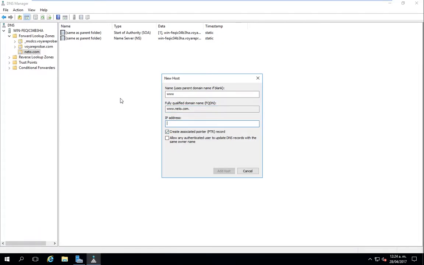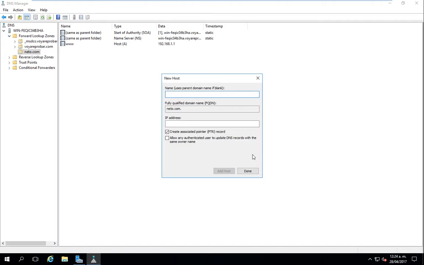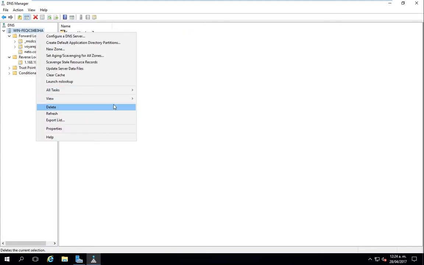And in here I will type the server address, which is 192.168.1.1, and then I will click on add host. So it was successfully created, and if I go to reverse lookup zones, I created a new pointer for the forward lookup zone. So I will restart my DNS server,